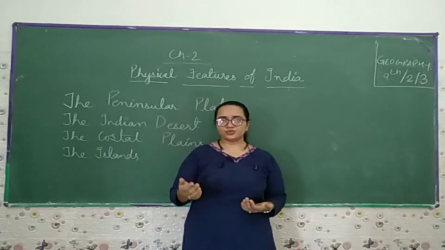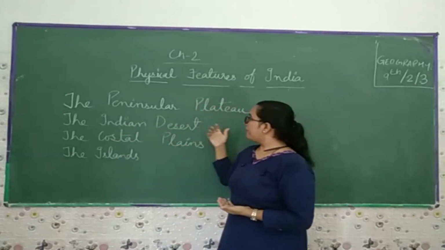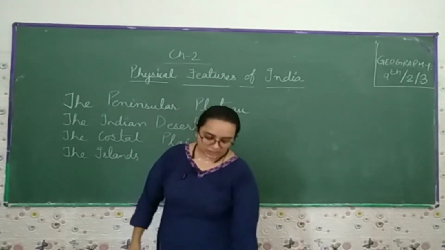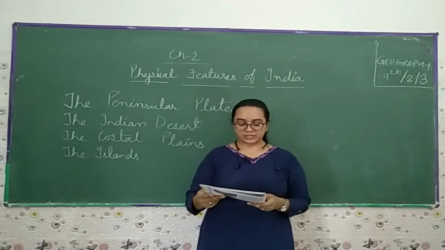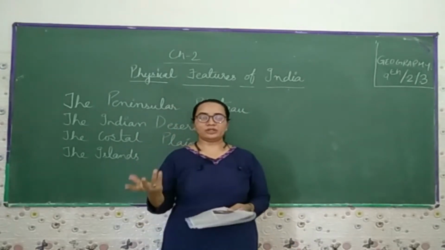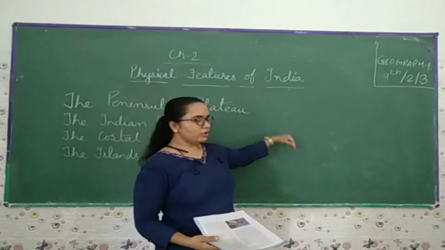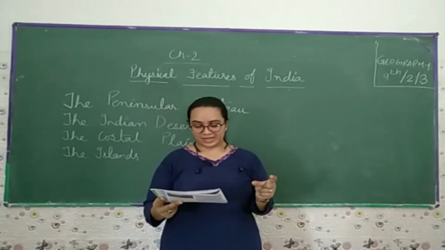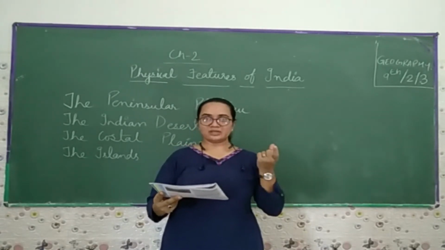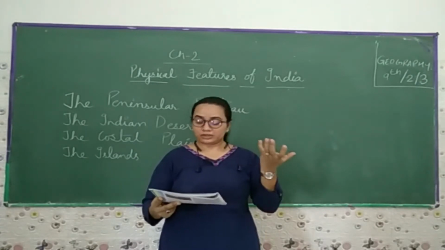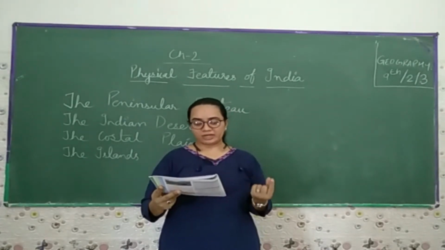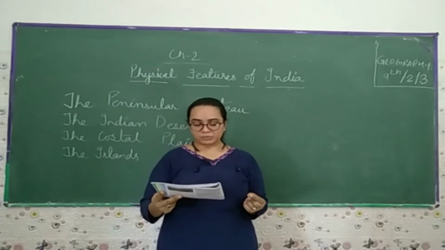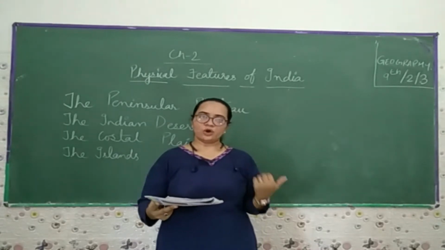Now in this third video, what we have to cover today is the Peninsula Plateau, the Indian Desert, the coastal plains, and the islands. So let's start from page number 13, the Peninsula Plateau. You may be wondering where the Peninsula Plateau is: it starts from South India. The Peninsula Plateau is a tableland composed of old crystalline rock, igneous and metamorphic rock. It was formed due to the breaking and drifting of Gondwana land, thus making it part of the oldest landmass, which we have already discussed.